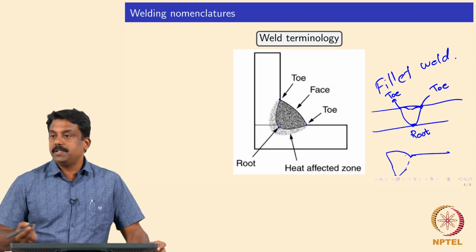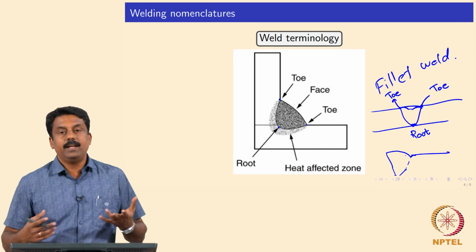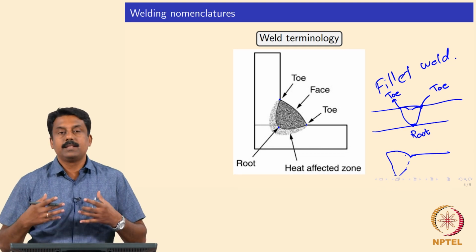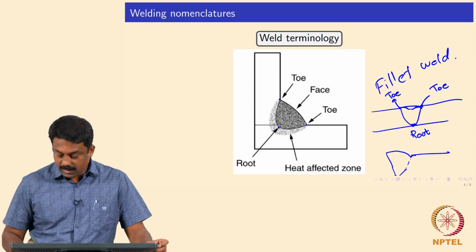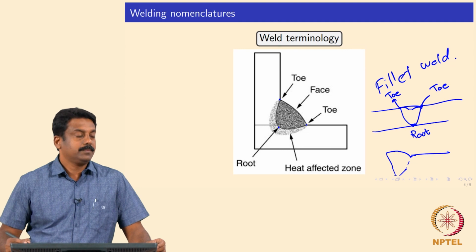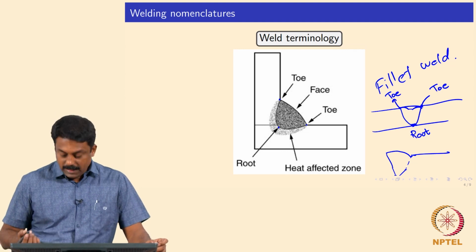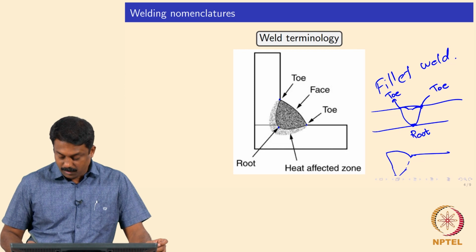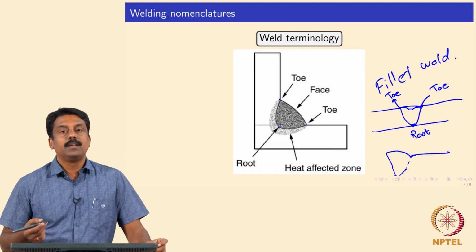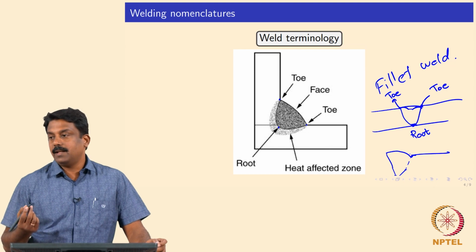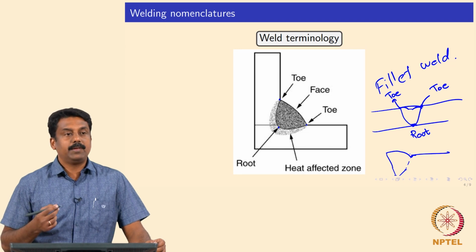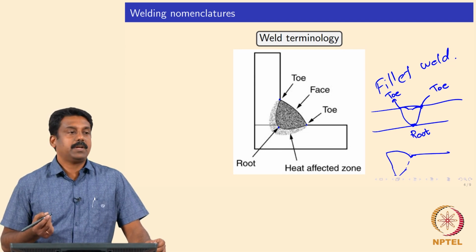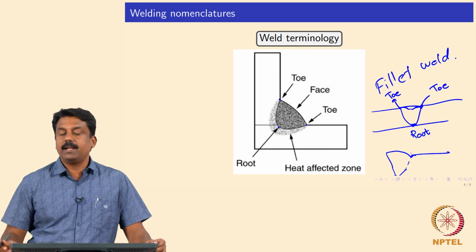And the toe region is the region at which you finish the weld at the end. So, the tensile stresses are always present at the toe regions. Okay. So, toe regions would always contain a high magnitude of tensile stresses. So, with the presence of the toe notch and the tensile stresses, when the weld is subjected to mechanical cyclic loading, there is a possibility of crack nucleation from the toe region and subsequently it will progress.